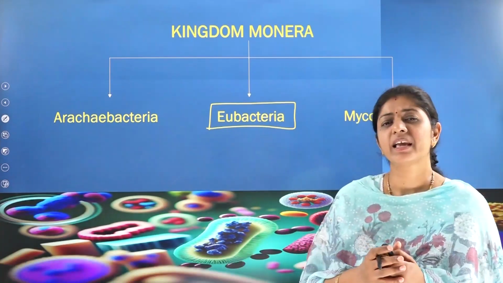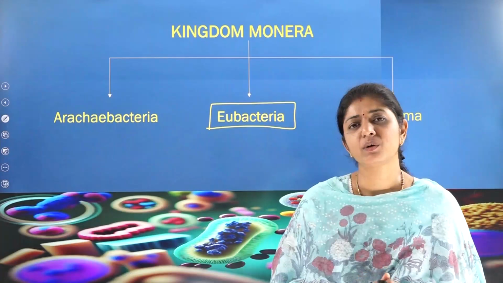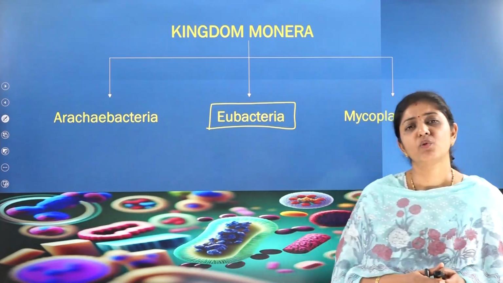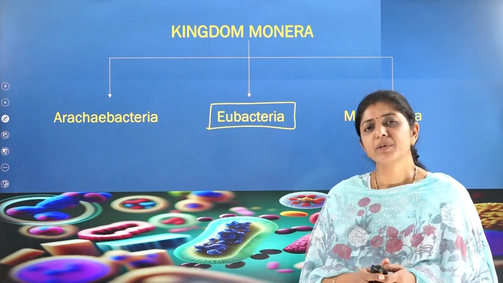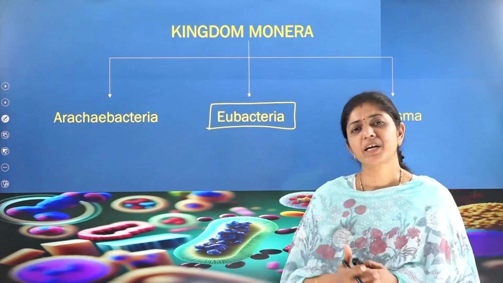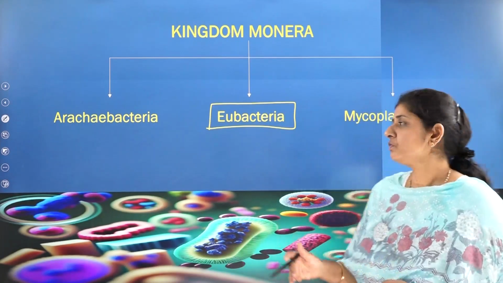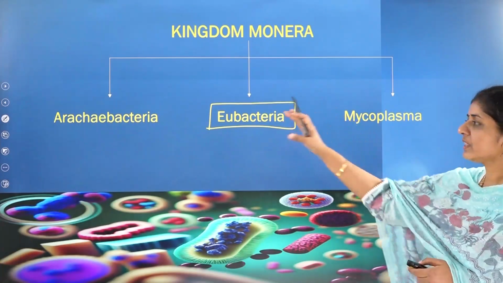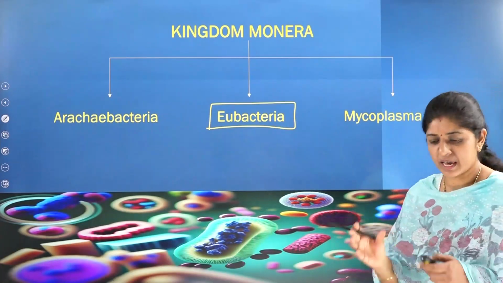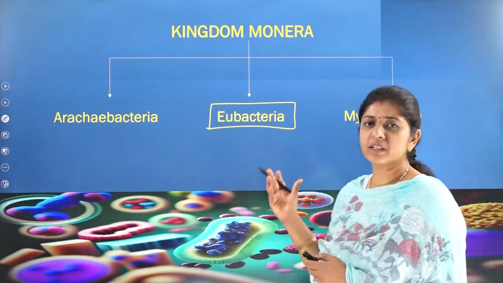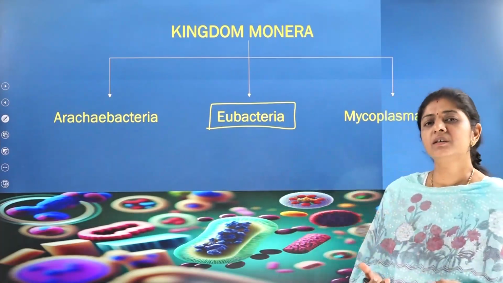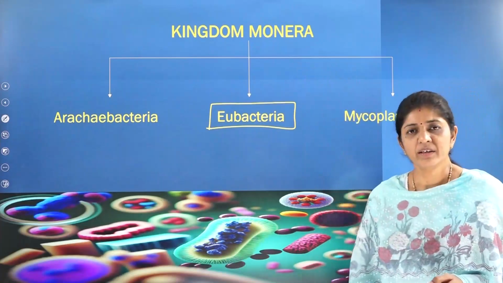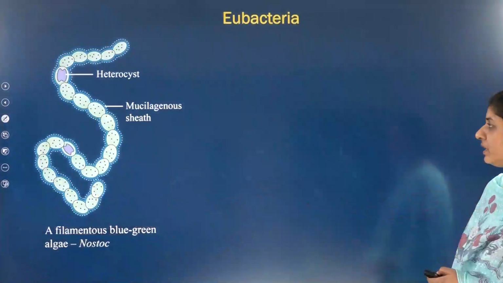Monerans are characterized by the bacteria over there. They have various types of modes of nutrition. They are famous for their complexity in metabolism. Let's see first of all EUBACTERIA. And don't think that they have only these 3 groups. As per your NCERT, we have taken these 3. Otherwise, other subgroups are even there under the kingdom monera. Right? Let's see now the EUBACTERIA.